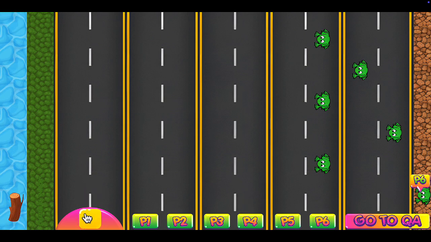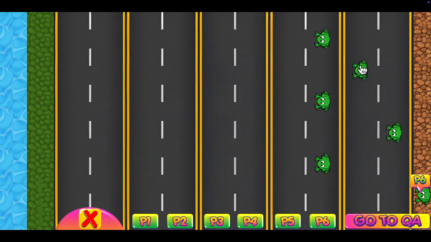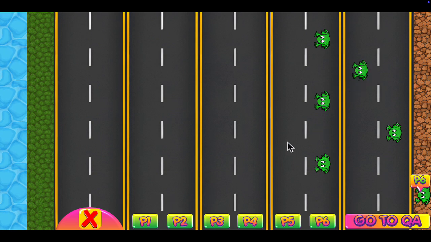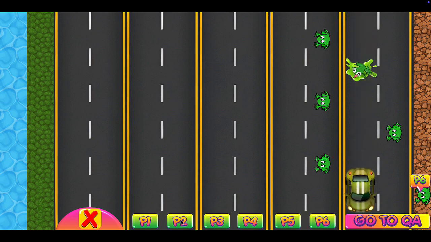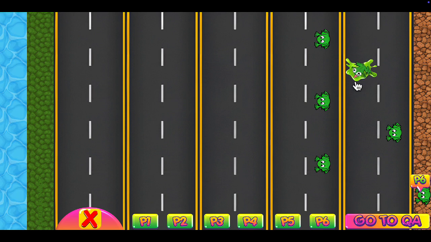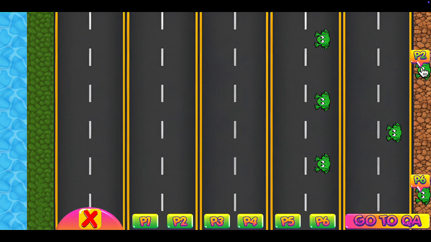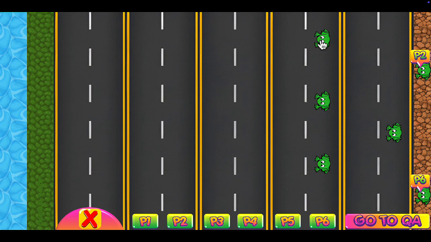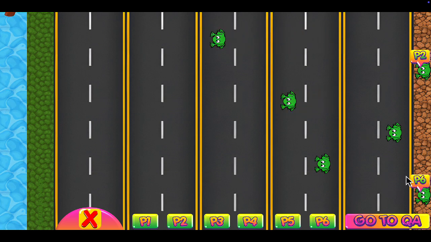All right, so let's click on the dice here, and oops, we got an X here. So what does that mean? So let's say this player here, player 2, so we click here. If they get the X, we click here, and then they lose a turn. We can restart again by clicking here, and this will let them retry again, but they'll have to start from the very beginning. Okay, so we click on the frog to move